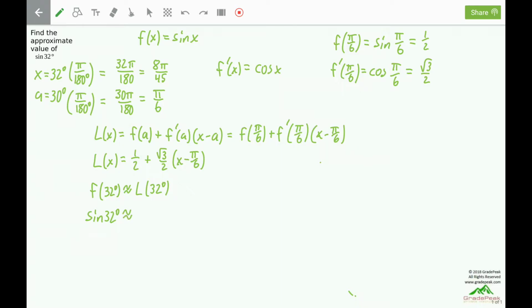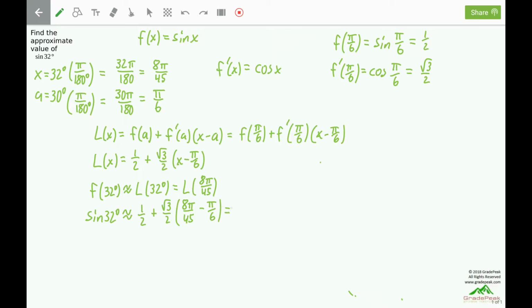The L of 32 degrees will be the L of x with the x replaced with 32 degrees. However, we have to work in radians here, so this will also be able to be called L of 8 pi over 45. And we can replace x with 8 pi over 45. This will give 1/2 plus root 3 over 2 times 8 pi over 45 minus pi over 6,